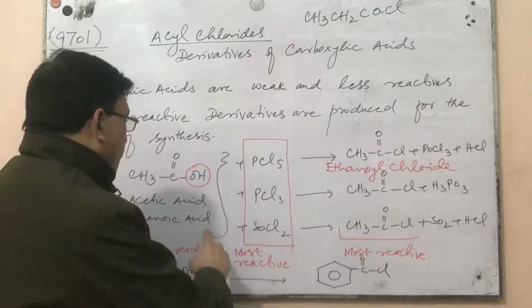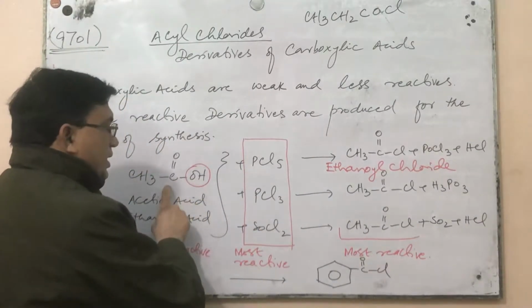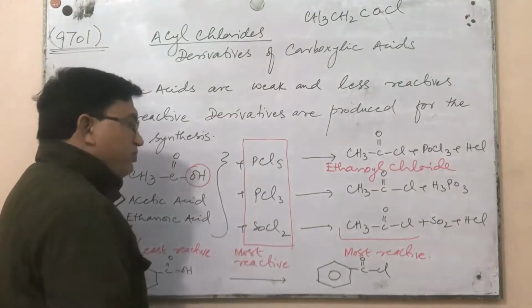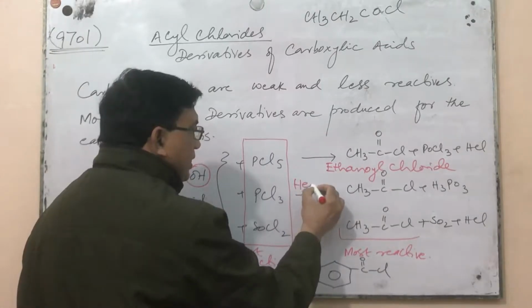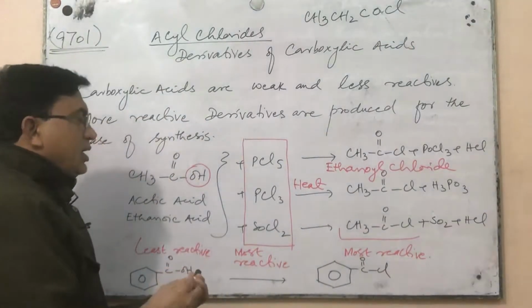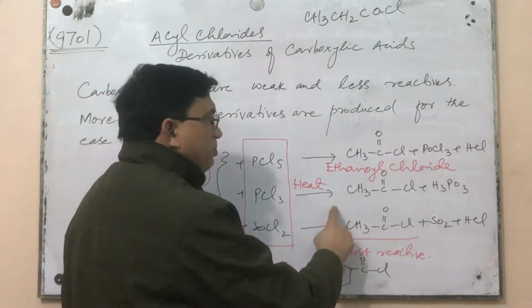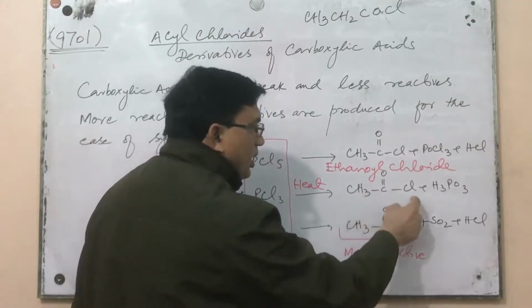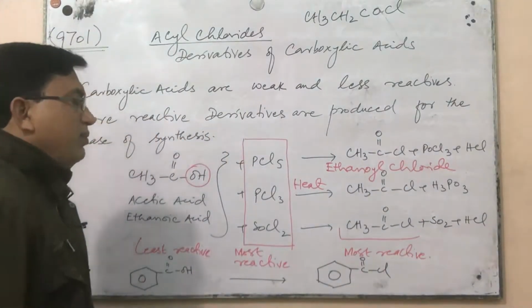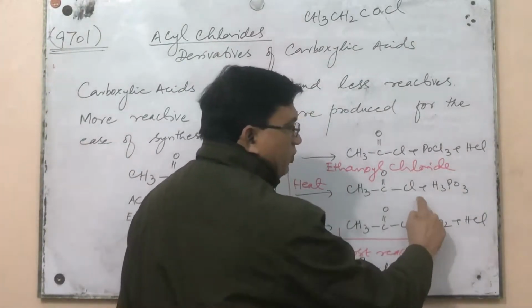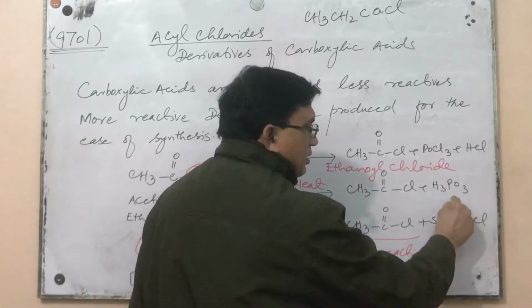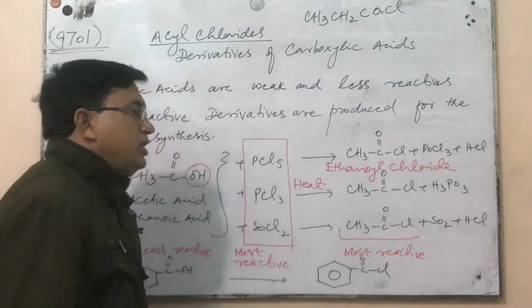But in case of reaction of acetic acid or ethanoic acid with PCl3, we require heat. We heat the mixture and then the reaction takes place, producing ethanoyl chloride and phosphorus acid,